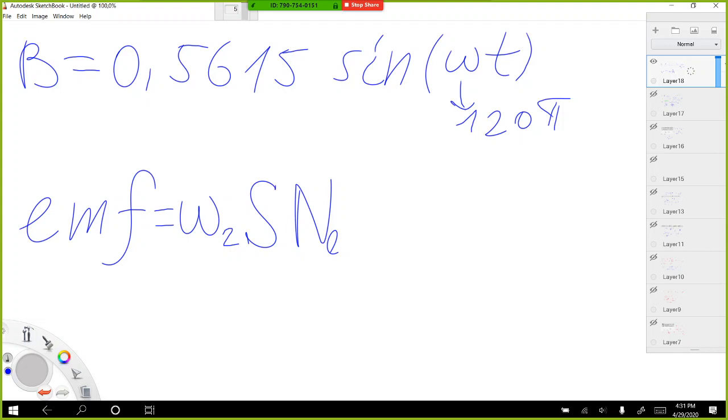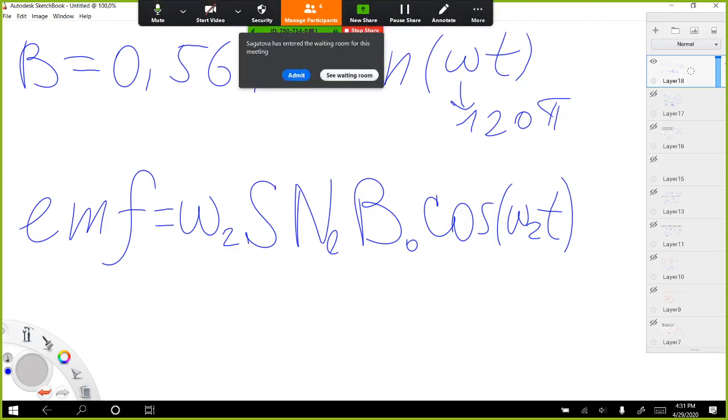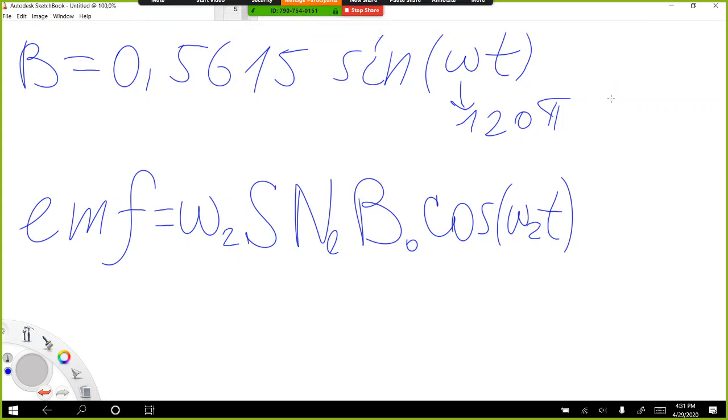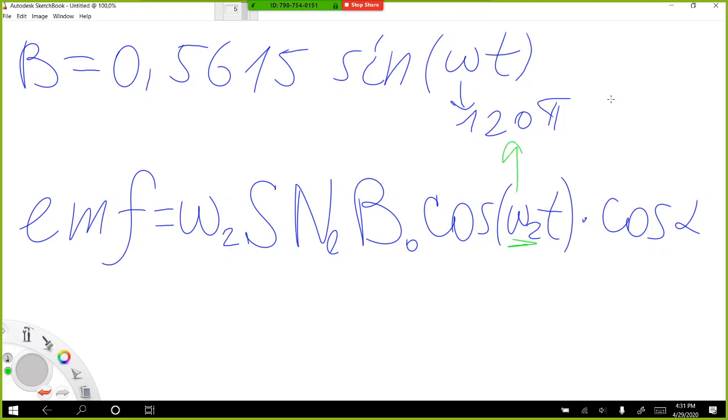S N B0 cosine omega 2 t multiplied by cosine alpha, where omega 2 is this one, 120 pi, and